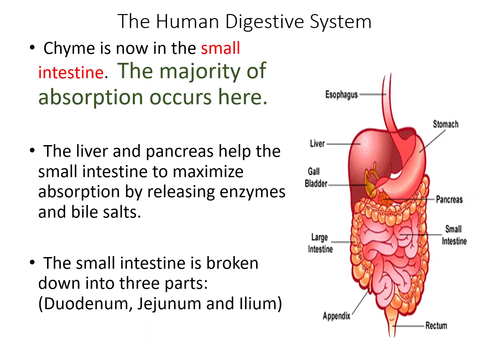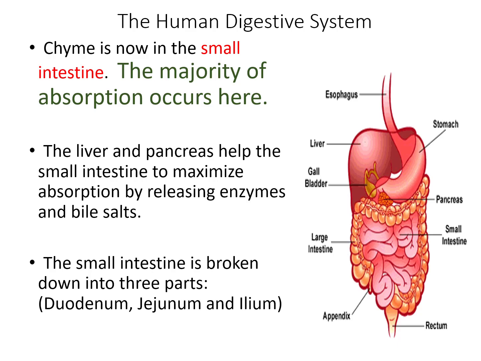The chyme is now in the small intestine. We have made it through from the mouth, through the esophagus. We have turned the bolus into chyme, and now we have made it to the small intestine, where the majority of the absorption occurs. The liver and pancreas help the small intestine to maximize absorption by contributing their own enzymes